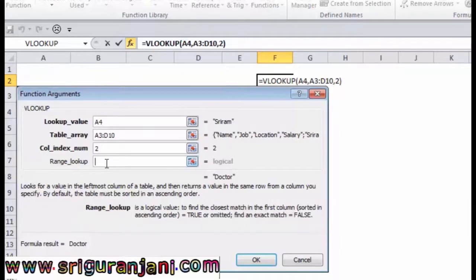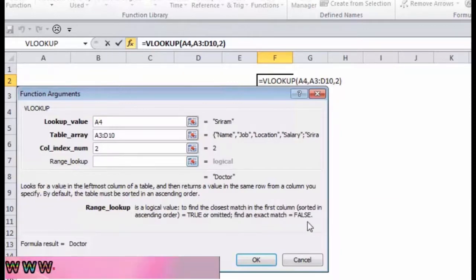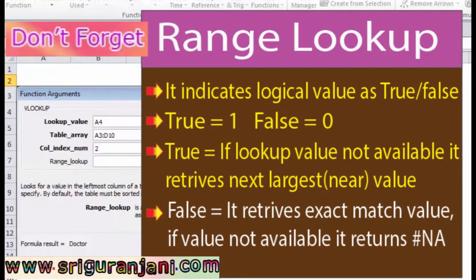And the last argument is range lookup. It indicates a logical value of true or false. True represents 1, false represents 0. If we assign true in the range lookup field, the lookup value retrieves the next largest value.